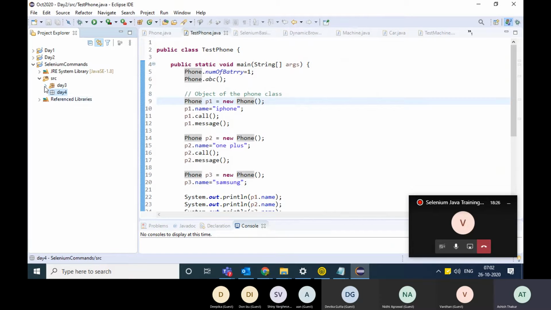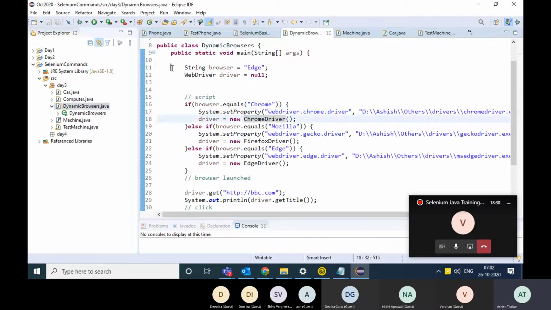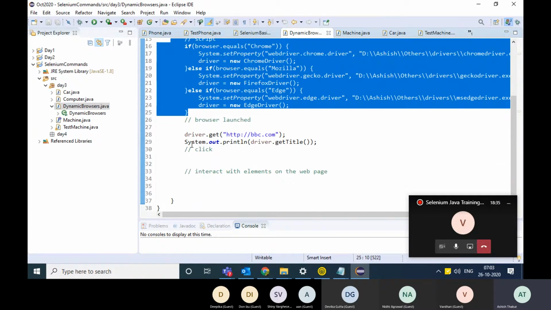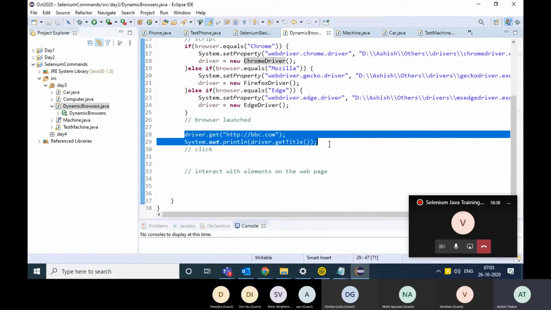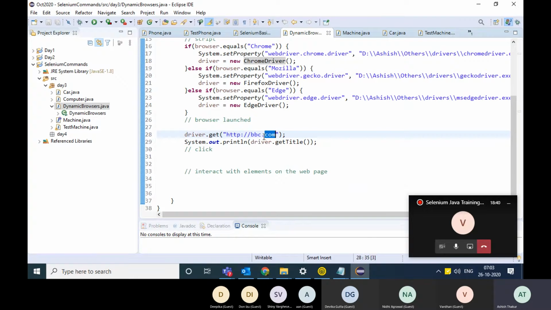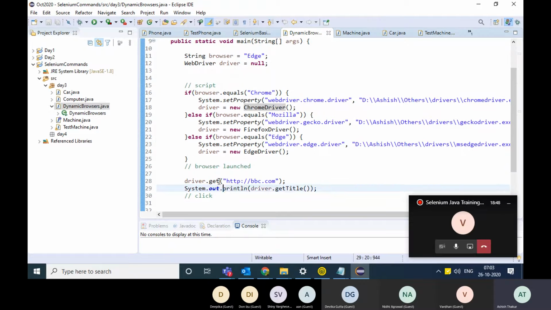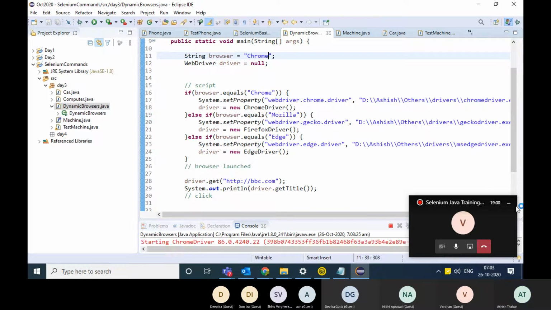Once you have successfully opened the browser dynamically, you can just change the variable over here, and you can open the browsers dynamically. After that, you can fire the regular Selenium commands, like we fired driver.get and get title and all, and we reach the web page. After reaching any web page, you would certainly like to interact with the elements on the web page. Like for example,